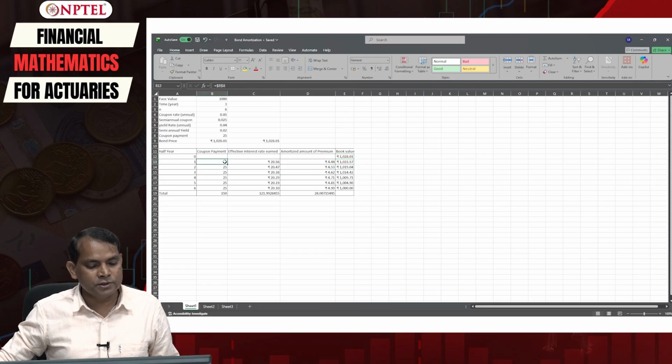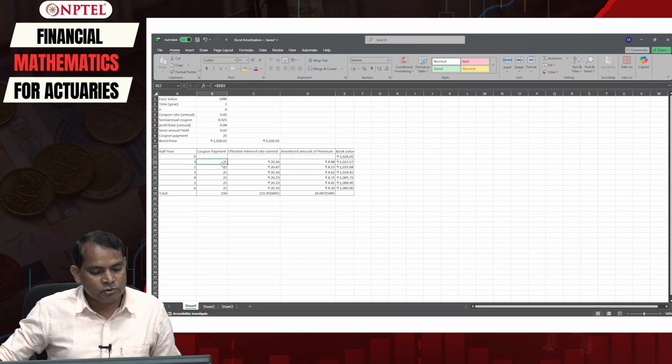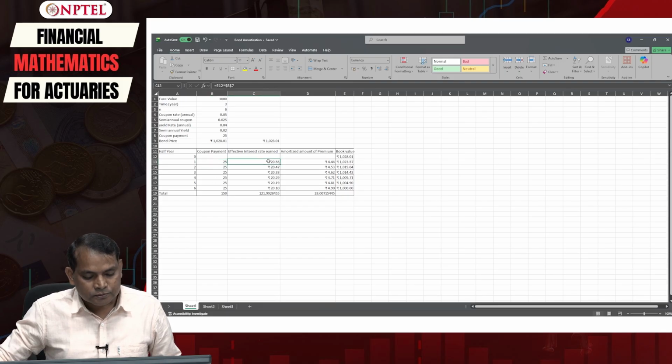Because you have already computed the coupon payment, you can simply use the equal sign and you will get the value here.